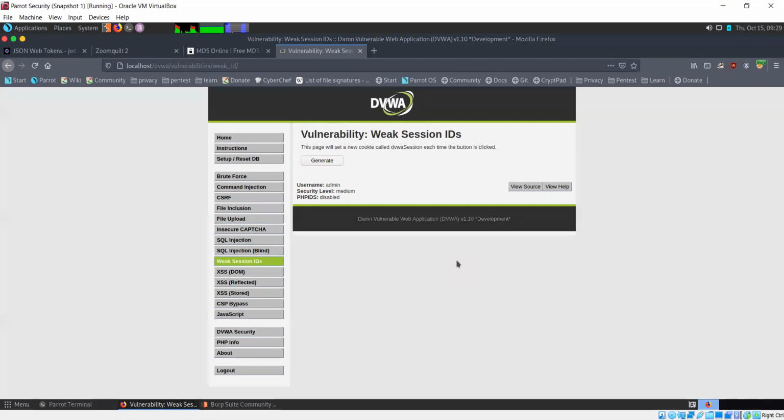Because with a session ID generation algorithm, you want it to be robust enough to generate IDs with enough randomness to be unpredictable. So any questions? These session IDs must have some time frame or expiry time. Yes, they do have expiry time. So within that window, if an attacker is able to guess the session ID or cookie parameter, then he will be able to hijack the session. Otherwise, it is not possible.